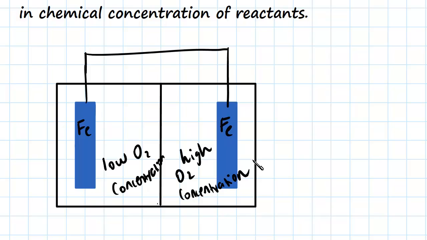Well, the whole cell is going to act by diluting the more concentrated side, and also vice versa, by concentrating the more diluted side. So electrons are going to transfer from the cell with the lower concentration to the cell with the higher concentration. So the current flow is going to be in this direction, so that way. So that means, if you remember from the video before, this is going to be acting on the left side here as the anode,